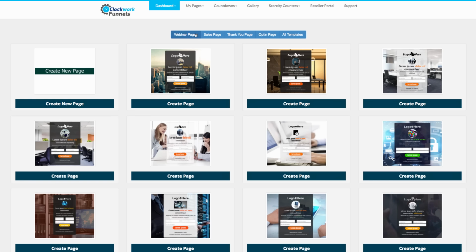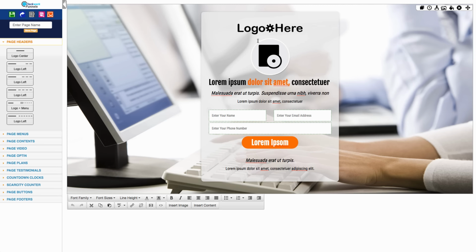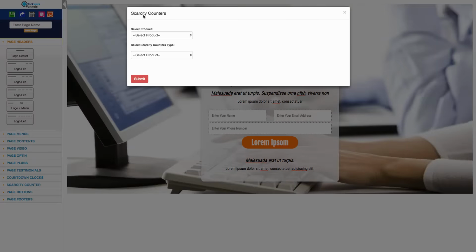This software gives you the ability to create a number of new pages. You might want to create an opt-in page first of all as the first step in your funnel, and then have people automatically redirected once they've opted into your funnel to the next page or the next page after that. It's really easy to edit everything. You select, you click, you point. You can edit images through here really easily. You can edit timers. You can add a timer or select your product here,